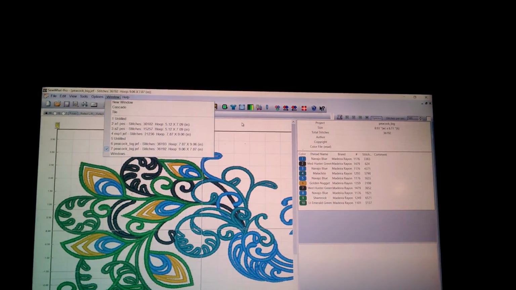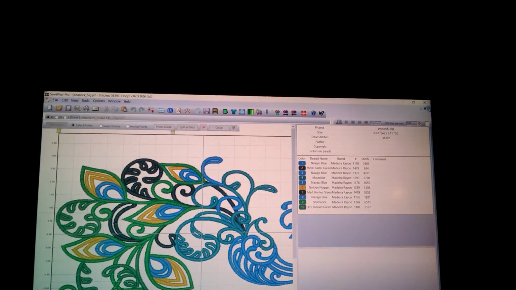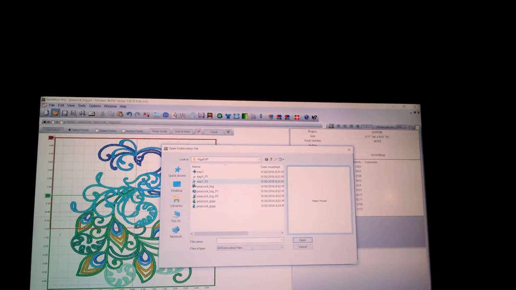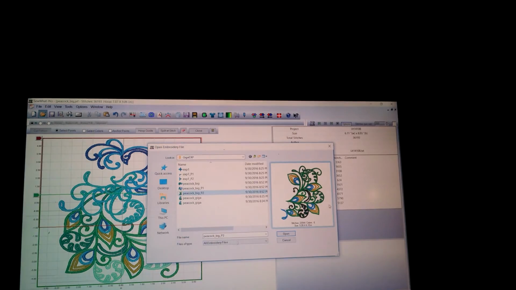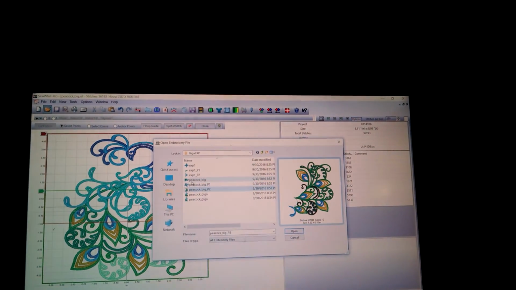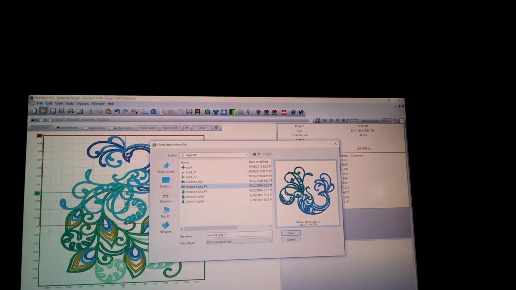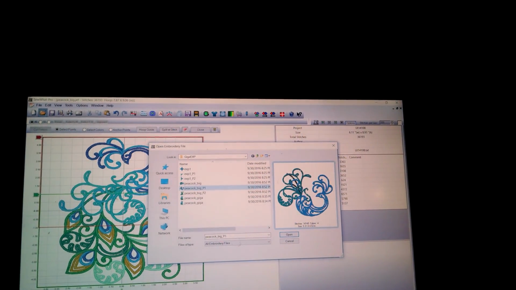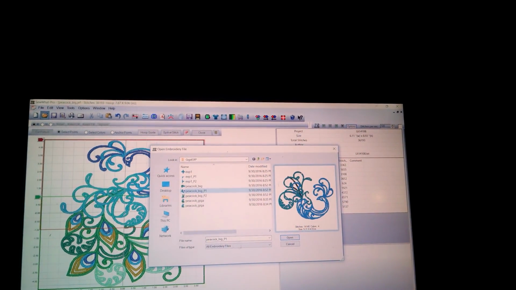So, you would have these P1 and P2 files, and you just need to make sure, like this will have its own, you'll need to make sure you mark the center of this on your fabric before you start, so that when you flip your hoop you can align your center point